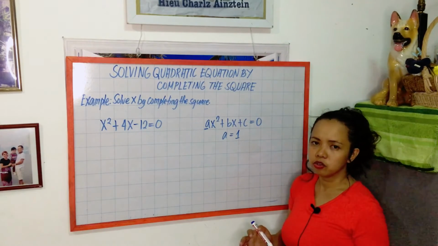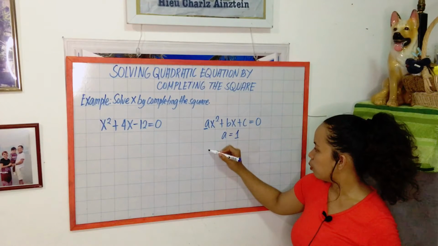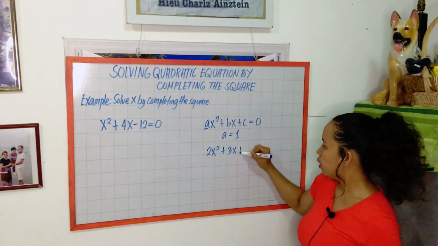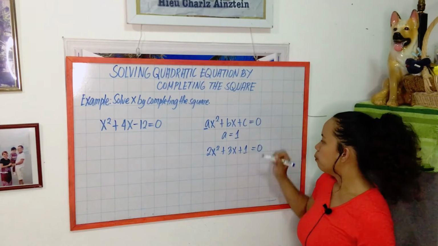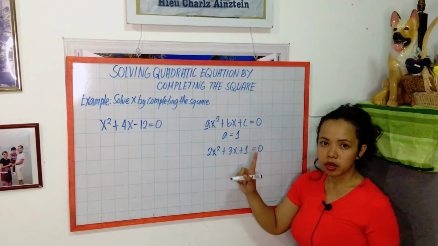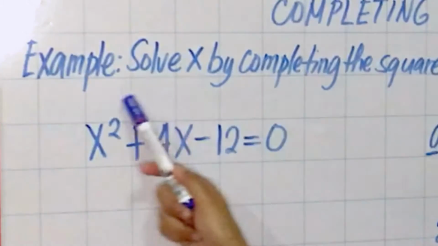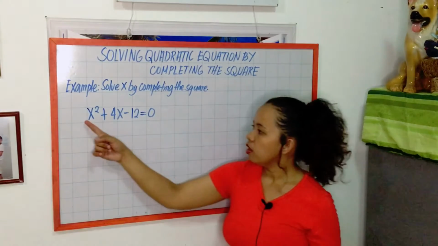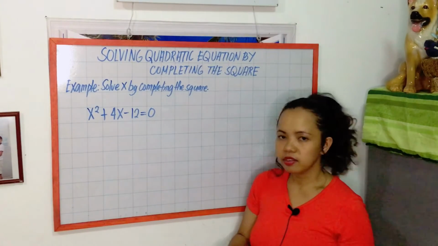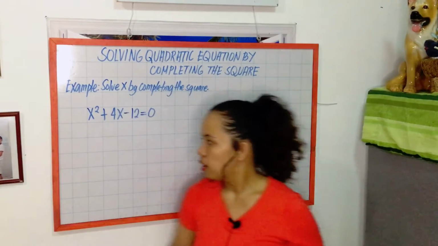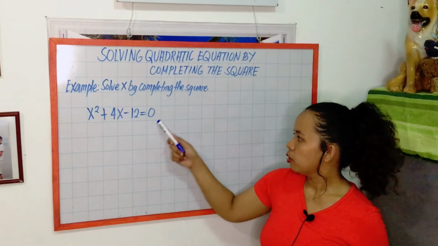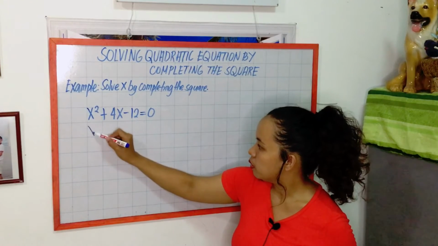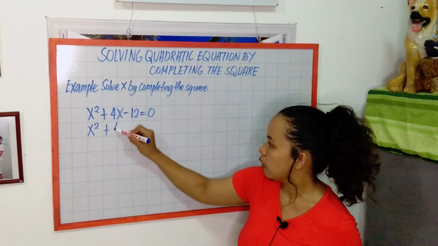So, there are quadratic equations na merong ganito, for example, 2x squared plus 3x plus 1 is equal to 0. So, yung a is not equal to 1. But in our example, we will start with the basic example where a is already 1. Since a is already 1, ang next na gagawin natin is i-move natin yung constant term sa right side ng ating equation, or sa kabilang side. By then, we will now have x squared plus 4x